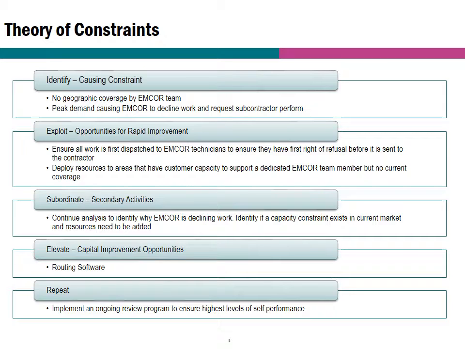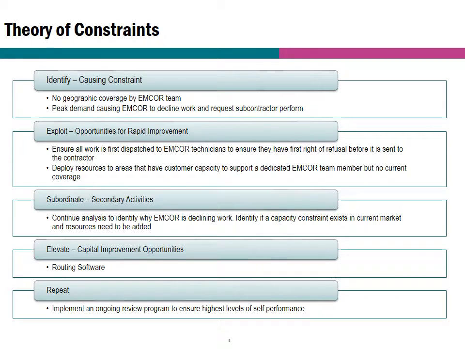The EMCOR team tends to be focused in population-dense areas, so your big cities, and when the customers have locations outside of those cities or in very rural areas, it becomes difficult for the team to respond to those because of the windshield time getting out to those locations. The other reason is just peak demand. When they have a lot of work orders coming in, it is very difficult for them, so they have to decline the work and get a subcontractor involved so that they can meet their service level